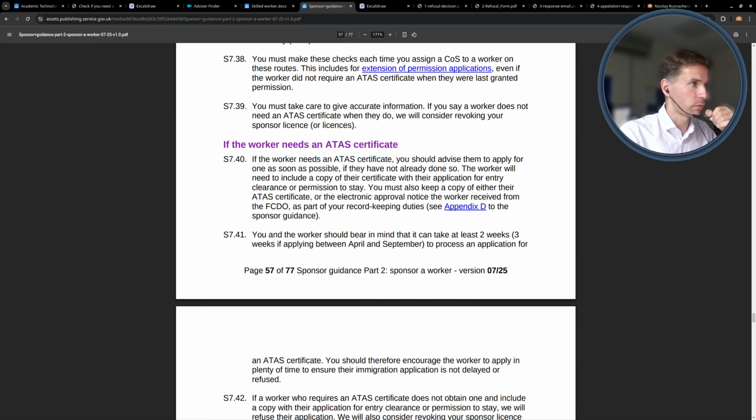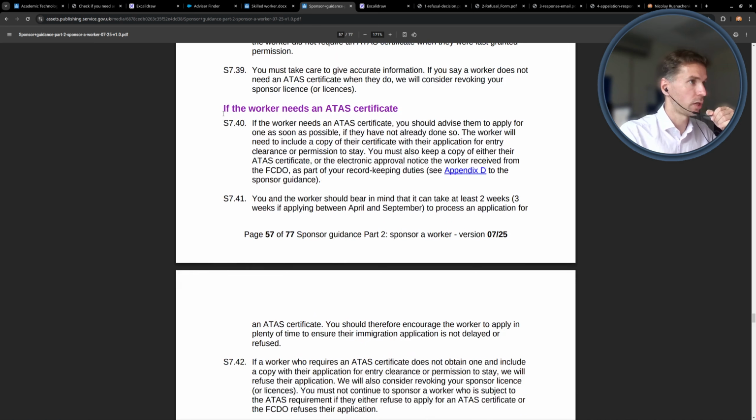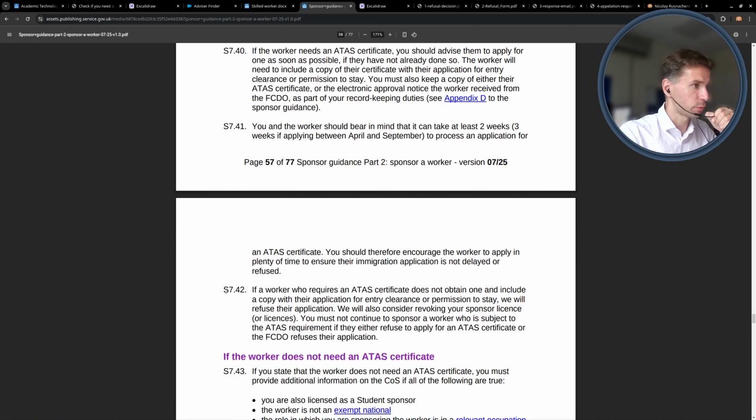You can see there is a section on if the worker needs the ATAS certificate, which is covered in the related video, and it has the specific paragraph 7.42 where we can get the actual answer. If the worker who needs an ATAS certificate doesn't obtain one and include a copy of the certificate, they say from the top to the organization that they are going to refuse the application.